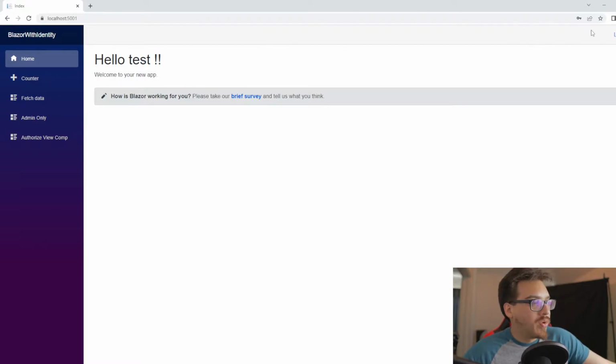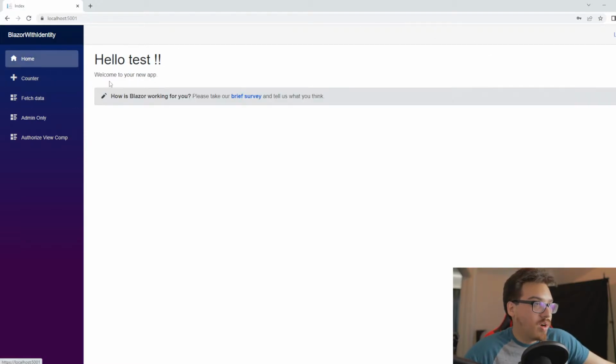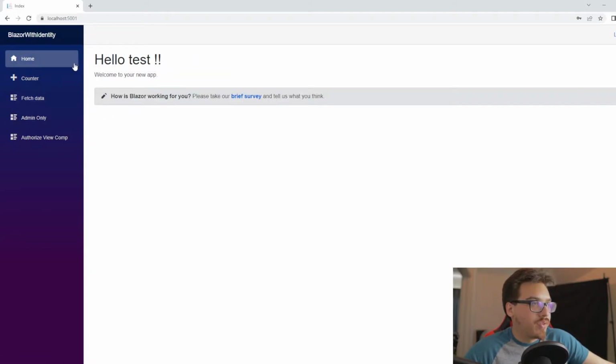So it's very simple. We don't have the about page or whatever. We don't have the register page up here. We have it in some other page. And we just have the normal WebAssembly stuff that you would have, fetch data, all this good stuff. I added these 2 things in here. And if I try to log out,